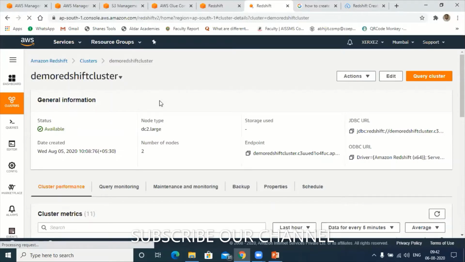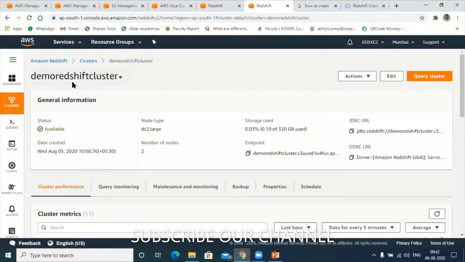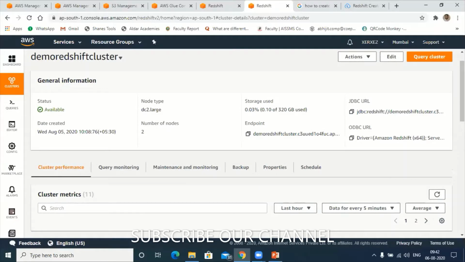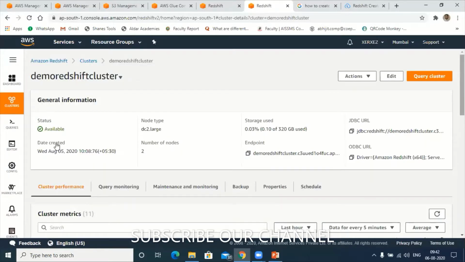Yes, okay. So this is my cluster. Can you see this, participants? Yeah, this is my cluster. Yesterday I created this one. Now, what we were finding difficult was connecting to the database. To connect to the database, you have to click here, Query cluster. Yesterday we were searching here for the database connection, but it was here. Click on Query cluster.